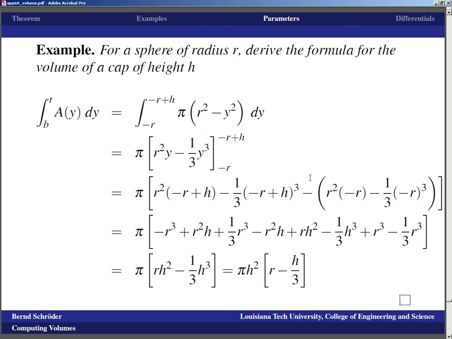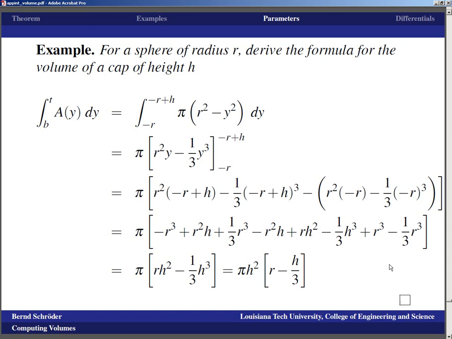You've got a height of r to get from the bottom to the halfway point, and then another height of r to go all the way to the top. So when h is equal to 2r, this ought to be the volume of a sphere. And, well, r minus 2r divided by 3 is r thirds, and 2r quantity squared is 4r squared, so we would end up with pi times 4r squared times 1/3 r, which is exactly 4/3 pi r